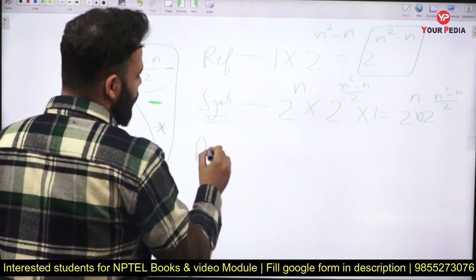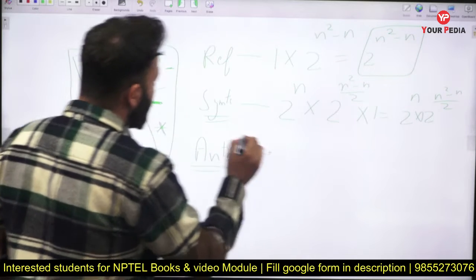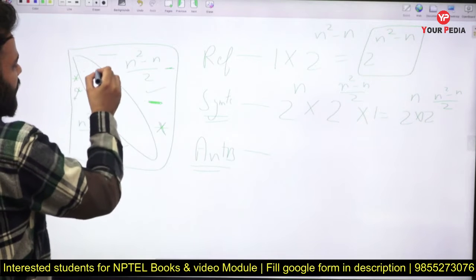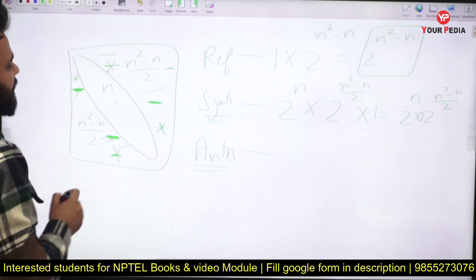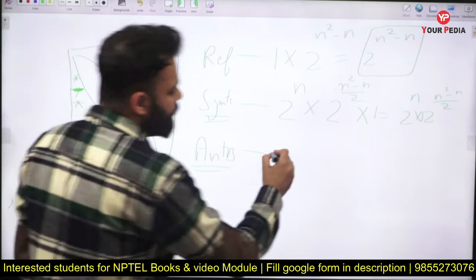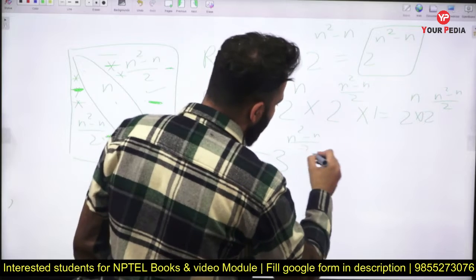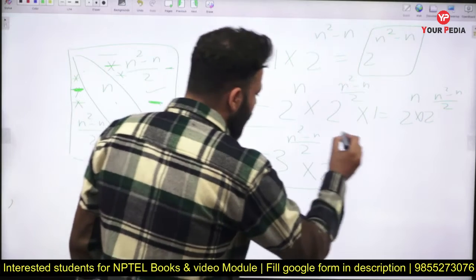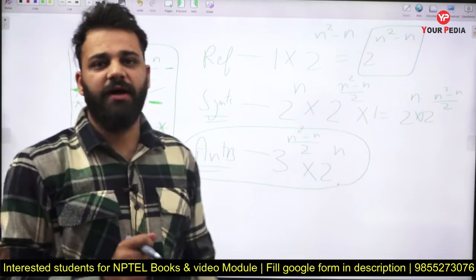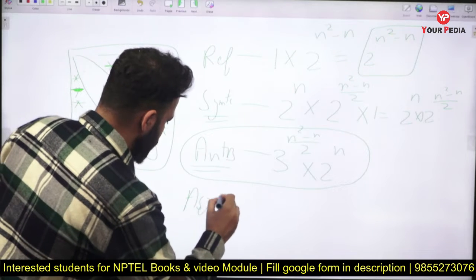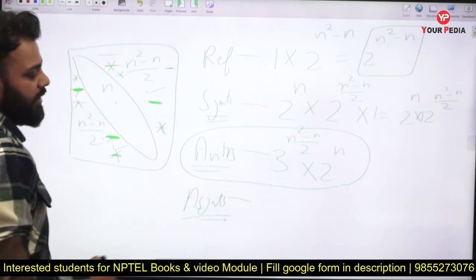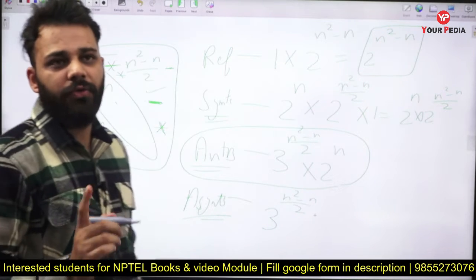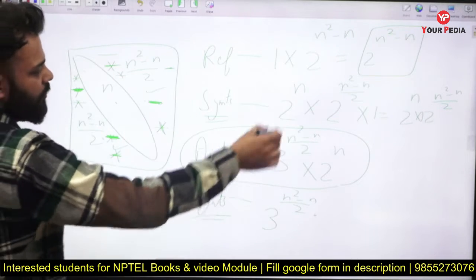For anti-symmetric, what we have done? Again, three cases were there. This is here, this is not here, or this is not here, this is here, or both the elements are not present. So three options were there, 3 raised to power n square minus n by 2, and for self loops there were two options for each self loop, because whether you include the self loop or not, it will not affect our answer. For asymmetric, there was only this 3 raised to power n square minus n by 2, because there is a condition that there should be no self loop present. Now coming back, this is how you count the number of relations.